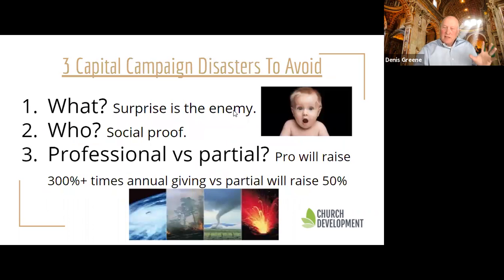The main thing that we try to do is to avoid surprises and avoid disasters. So we want to engage everybody way in advance. That's why we want somebody like Jennifer early on for consensus building and information gathering, so people know what's going on. A real important part of the fundraising is the social proof. So we want people involved in the capital campaign. We want as many people as possible.